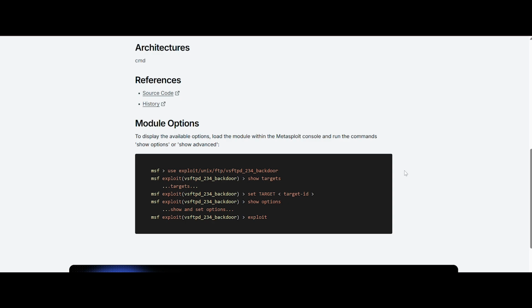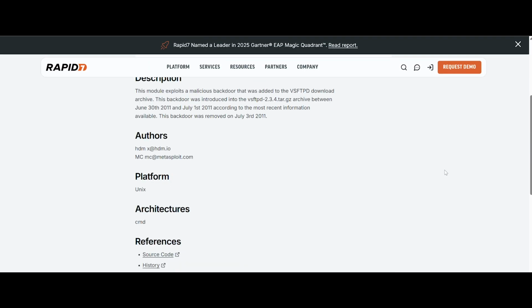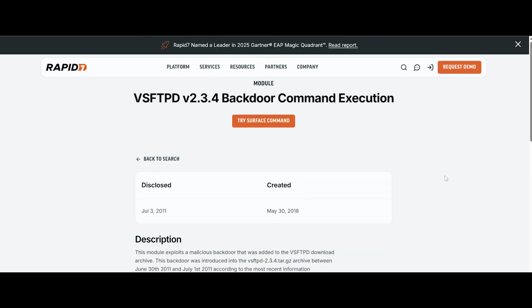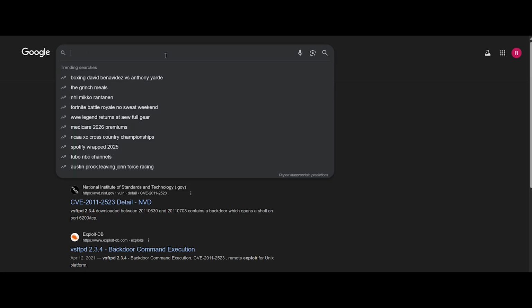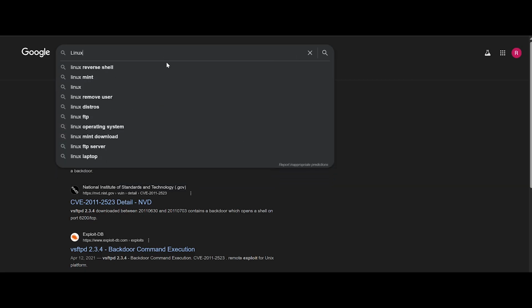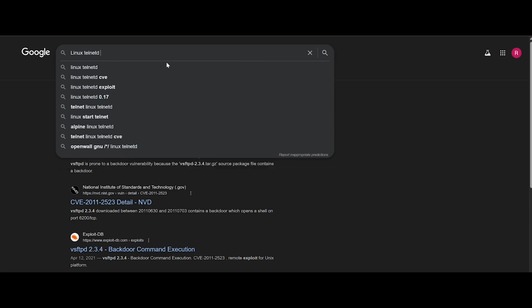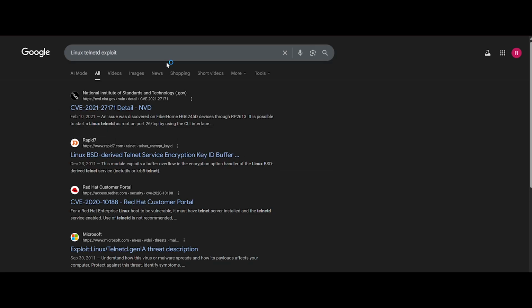Okay. Now, this is a big deal. This is definitely a way where we're going to be able to get into the machine. Going back to Google, let's just look at other versions of that. We also had Linux Telnetd as the service version. Let's see what we find. Linux BSD derived telnet service encryption key ID buffer. Okay, let's